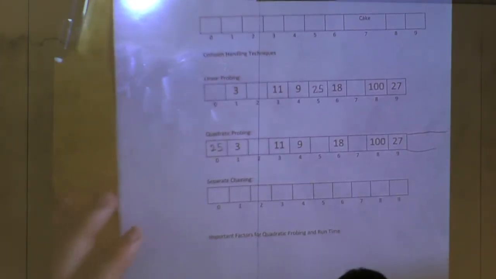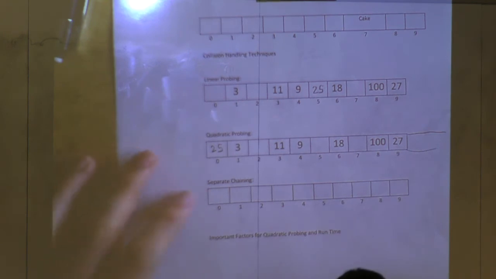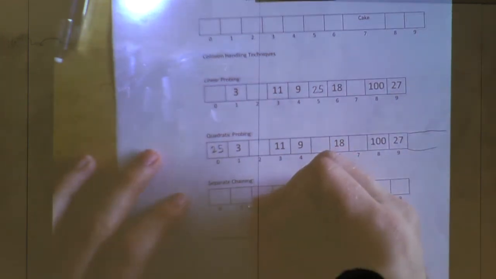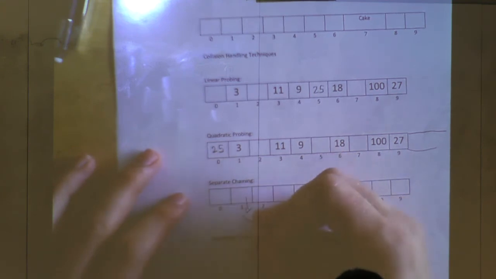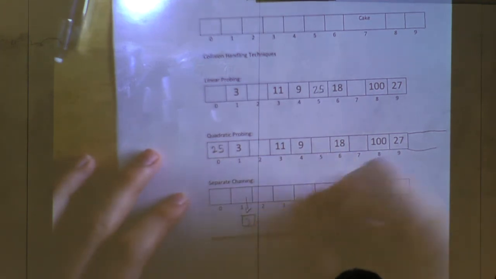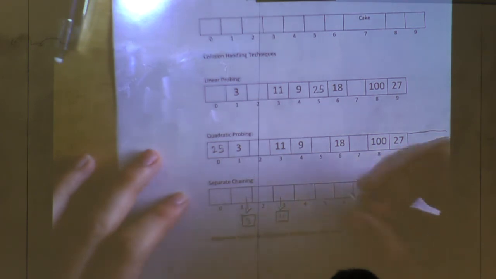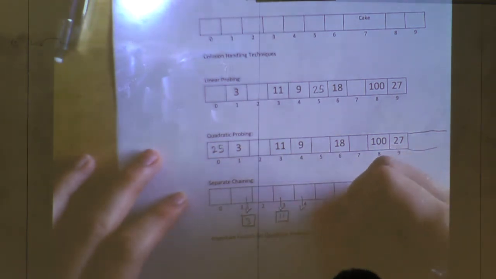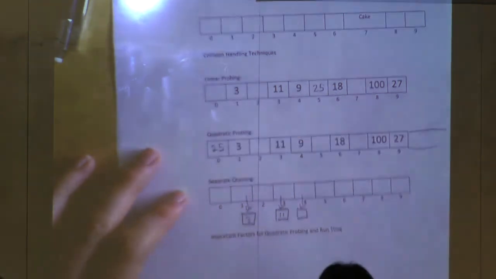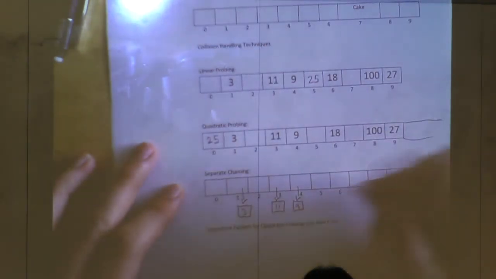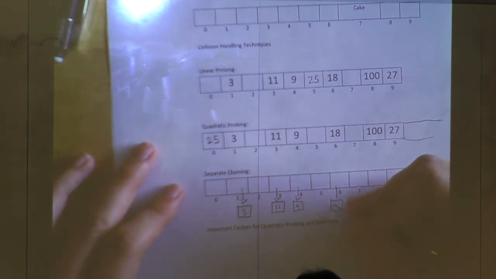All right, and then separate chaining is kind of a little bit of a different thing, and I personally think it's the best choice. So essentially what it would do is when you insert an element, you would have your 3 here, but instead of this, you would have a pointer to a linked list. So you'll have 3 like this. Here, you'll have 11. Here, you'll have 9. Here you'll have 18,